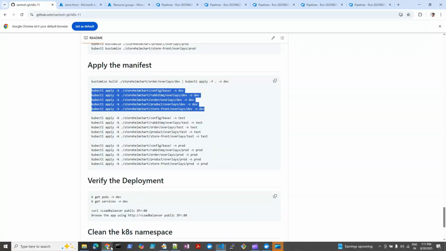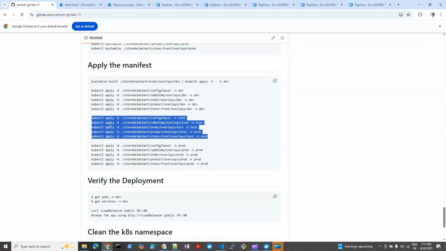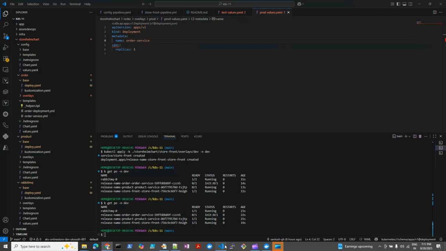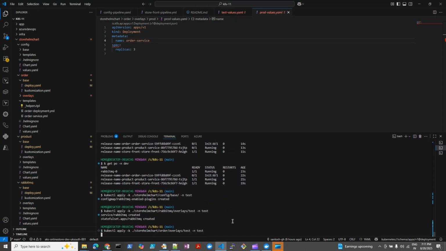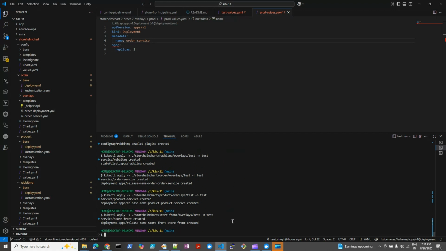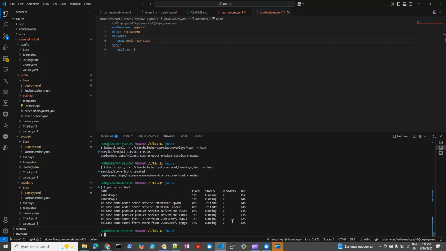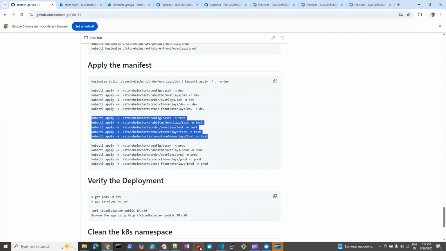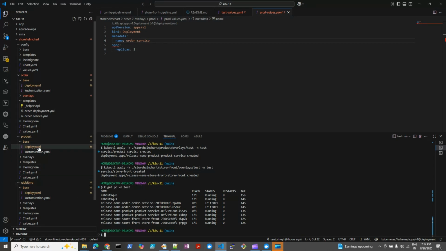We'll see that one. Now let's deploy into the test environment. We'll just run it. Now check. Get pod minus n test environment. Here you can see there are two replicas for each of the services, right? So this is how it is happening, because it is getting overridden by the